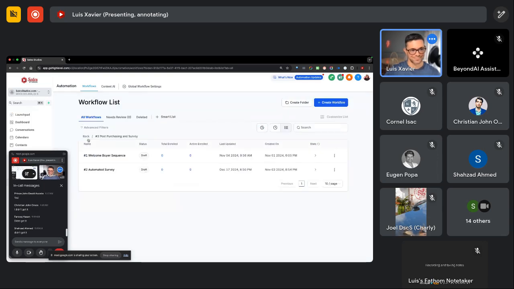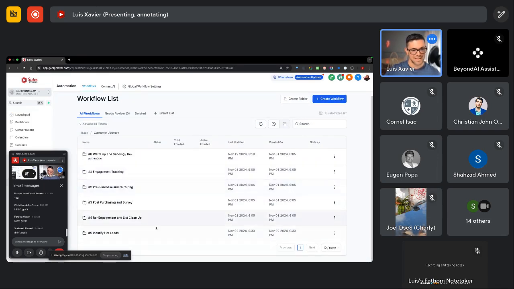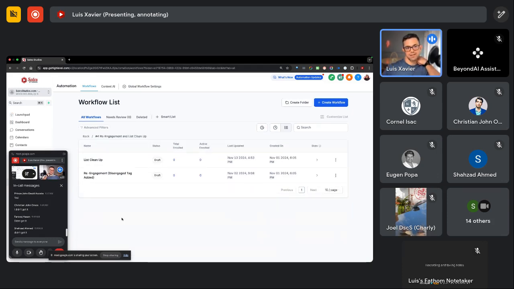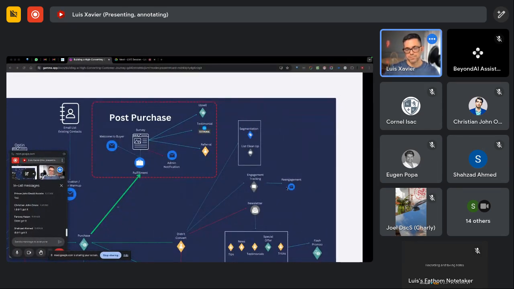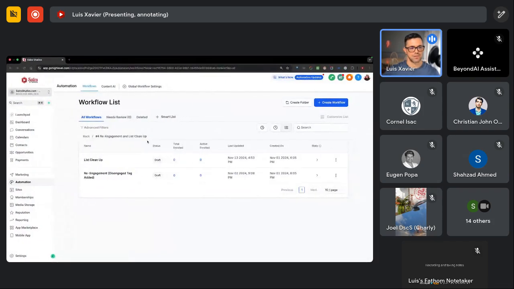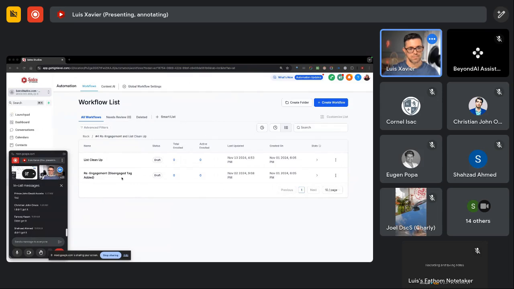And here we've got the re-engagement. So in here, we're cleaning up the list and we're doing the re-engagement. So let me go and show you where this is. So the re-engagement is right here. So if people are not engaging, we're going to send them into the re-engagement sequence, and that's what this is. Alrighty. So it'll be just emails. Those emails are a little bit different because we're really trying to get them to engage.